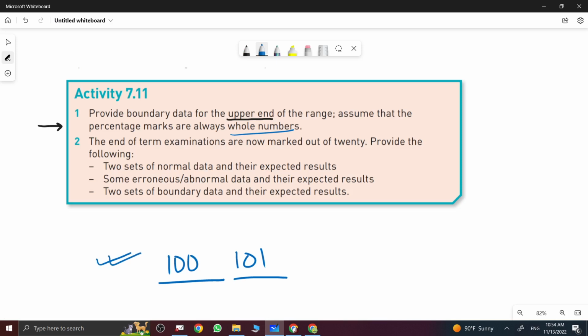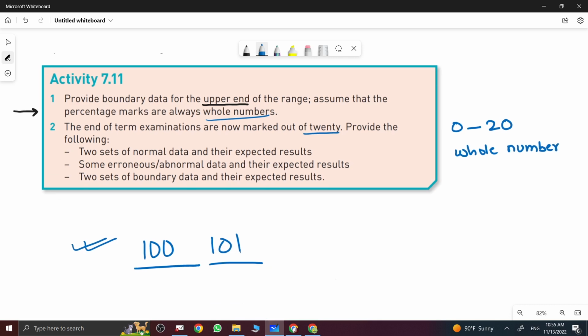Now quickly moving towards question number 2. I'm doing it here. The end of term examinations are now marked out of 20. It means that now the range will be from 0 till 20. And remember that the numbers will be entered in whole numbers. Whole number means that the normal data for this will be,